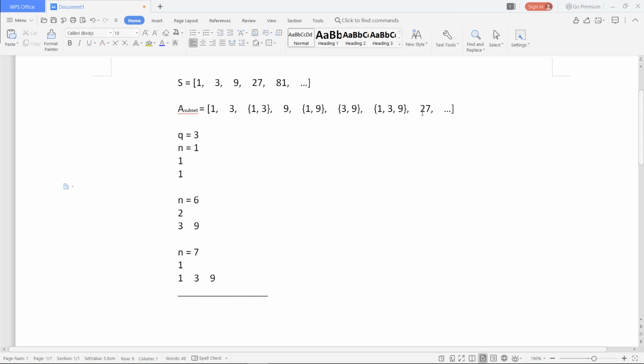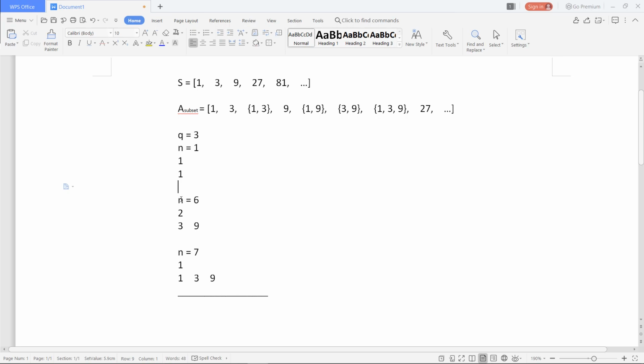So we have to find the subset at the nth position. Let's take 3 queries. For n equals 1, the subset has only one element, and that is 1.